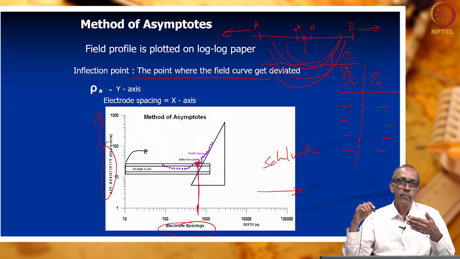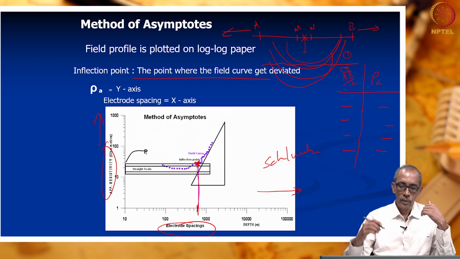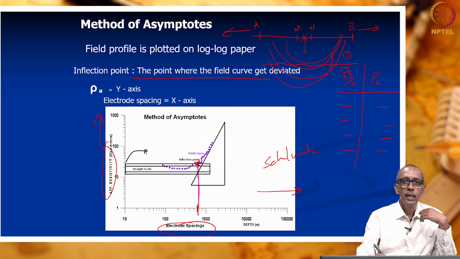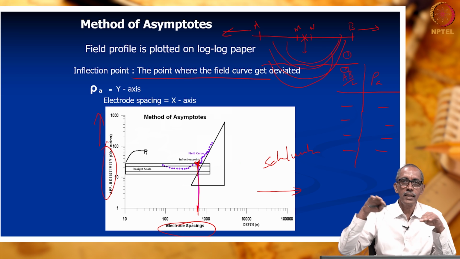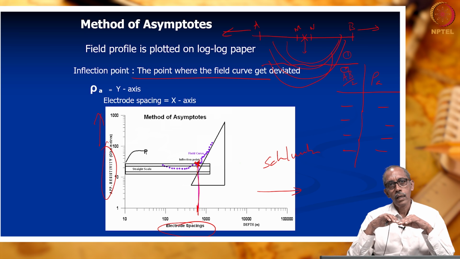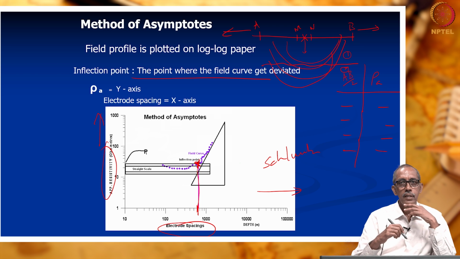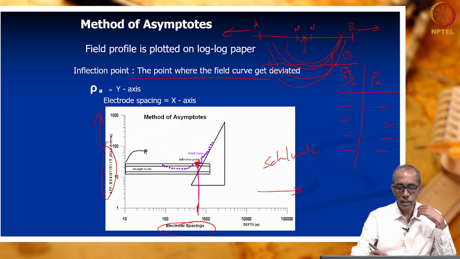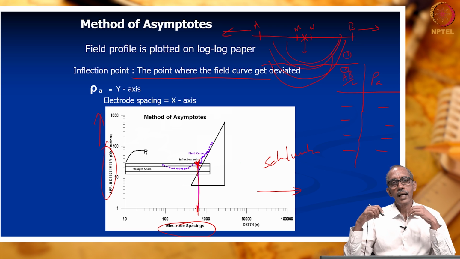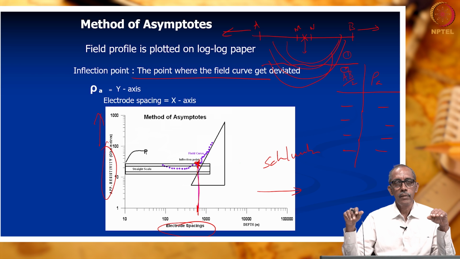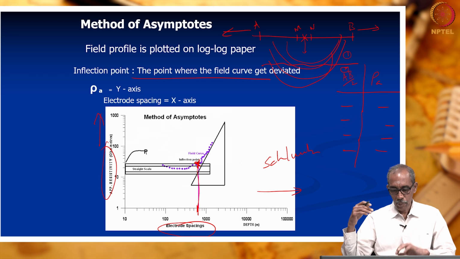By visually looking at the resistivity curve, we try to bring out the points at which there is a major change in the slope, right. These points are indicated on the graph itself. They are nothing but inflection points. The corresponding value on the x axis indicates the approximate location of the contact plane. So, this is the simplest method of interpretation of electrical resistivity data.